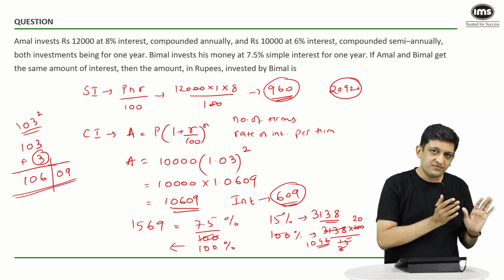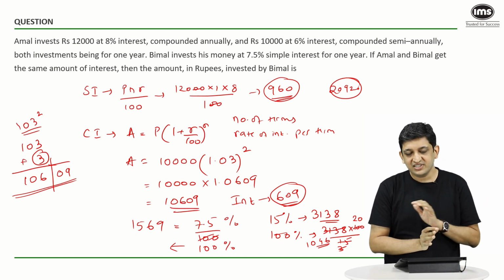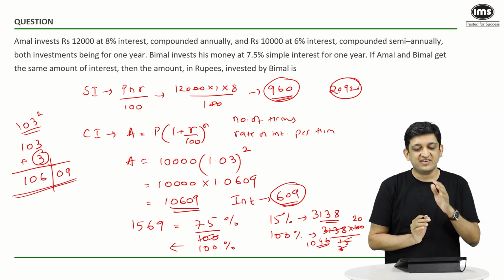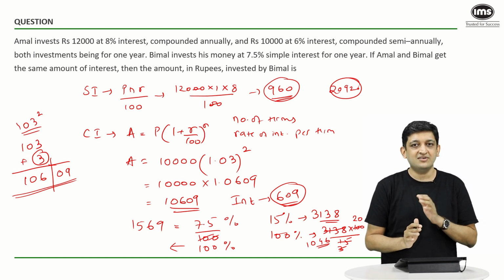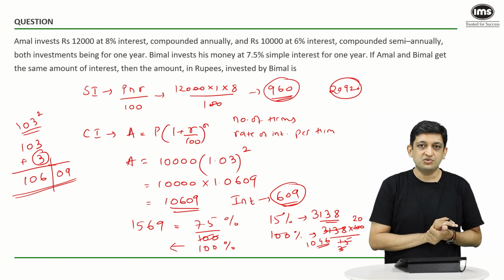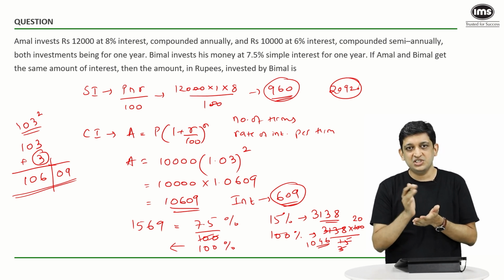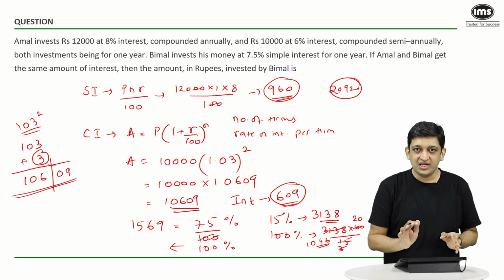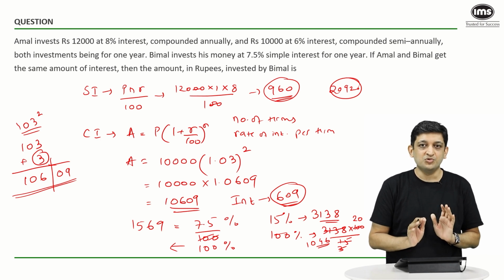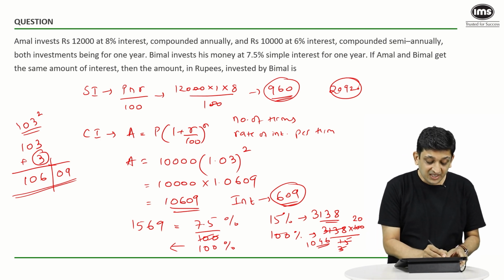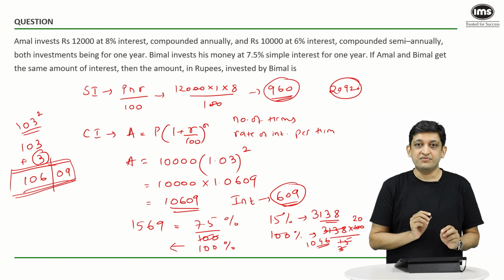You could have also done 1569 by 7.5, even that would have been a perfectly fine approach. You could have cancelled out a 15 or a 3 or a 5, whichever way you wanted to do it. Or if you were particularly adventurous, then 1569 divided by 75 also works fine, if you put a 0 in front of it. So even that is perfectly okay. The calculation bit is completely up to you, the last calculation bit. This is basically what makes a big difference.